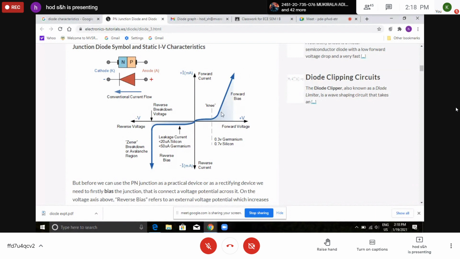Initially, even though the voltage increases, not that much current will be generated up to a region, which is called the knee region, up to that it will be the same. Then suddenly the current increases in milliamps. You note down the value, draw a smooth curve, and you get the forward bias characteristic curve. Similarly, in the third quadrant, you take scales for voltage and current separately.